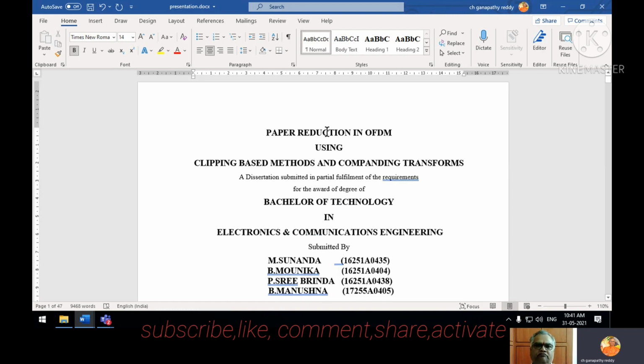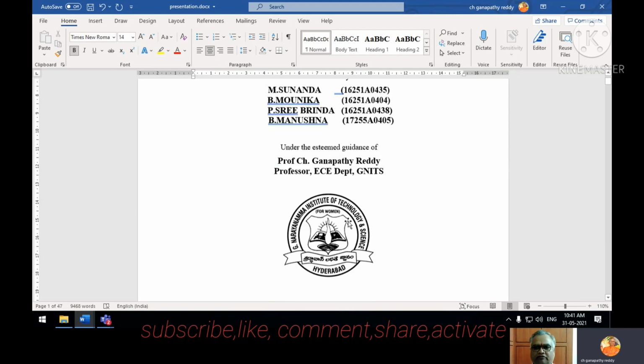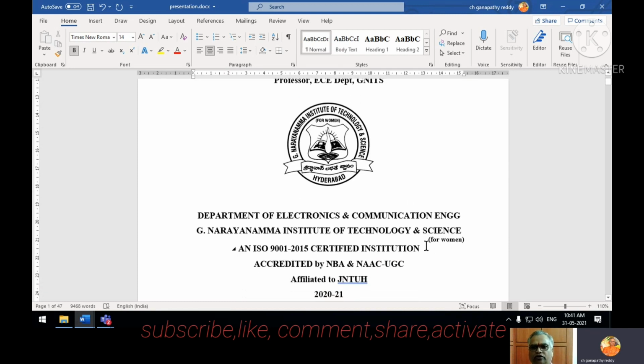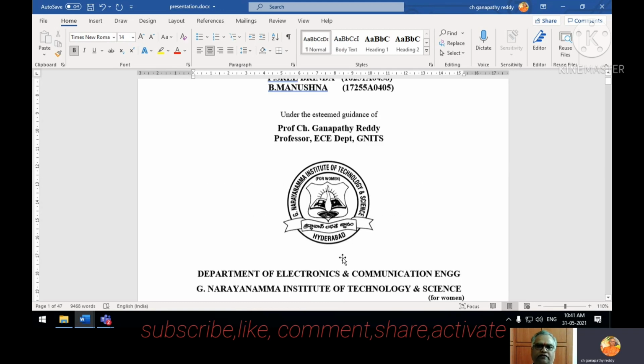Here all are center alignment. Electronics and Communication Engineering, center alignment. So all these are center alignments, even the image is center alignment. Only this "for women" is sent to the right side. All of them are center alignment.